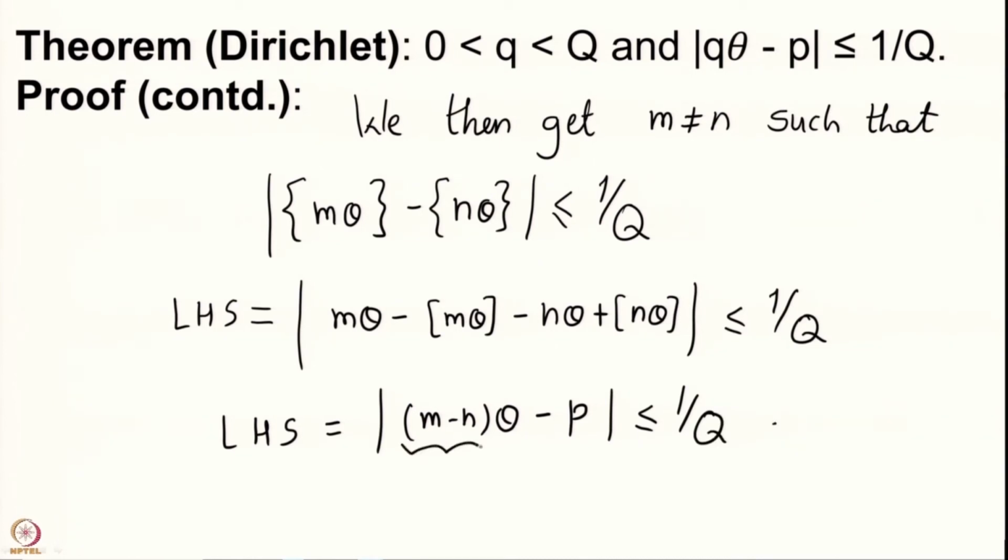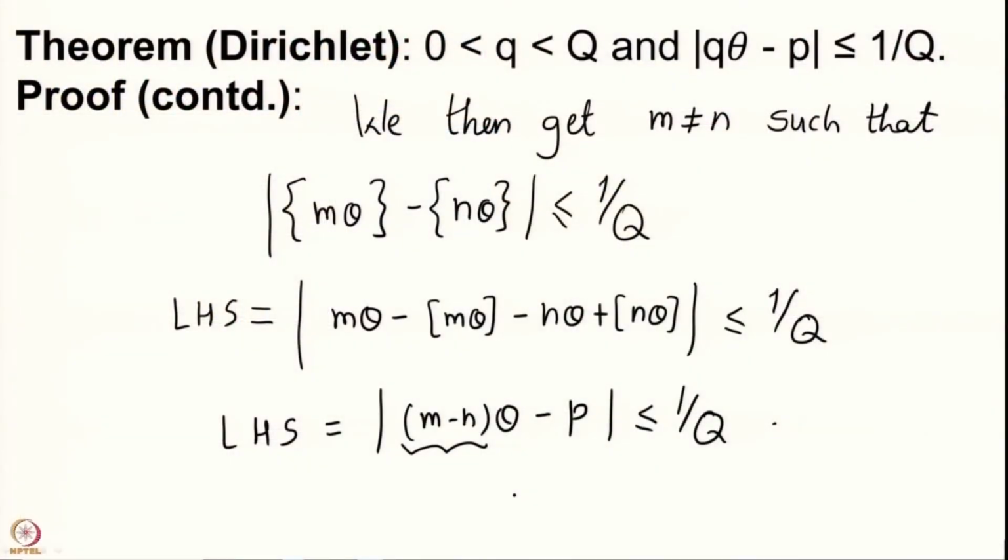And so, we have this number here, which is, remember we had taken m and n from 1 up to q minus 1. So, for the difference, it could happen that the number you had obtained is 0, or you may have the number to be 1, and then another such number has to be some fractional part of m theta. In that case, m will be some number from 1 to q minus 1. If there is only one fractional part and one of the 0 and 1, you will have that the corresponding m is less than or equal to q minus 1.